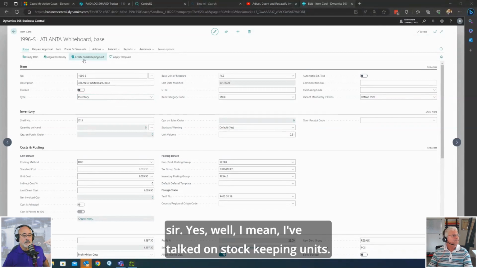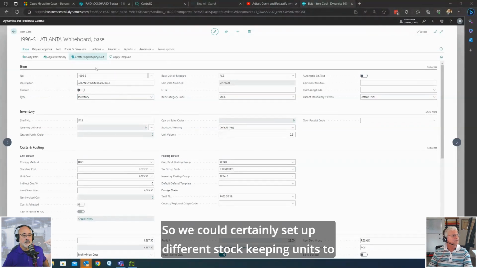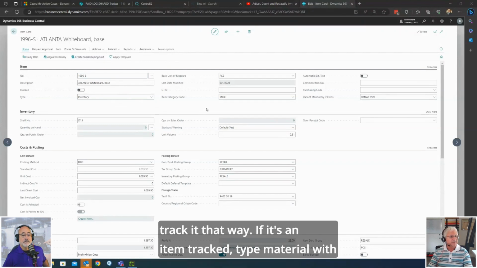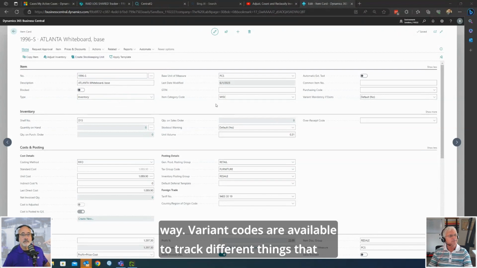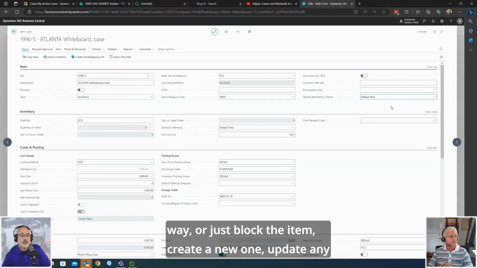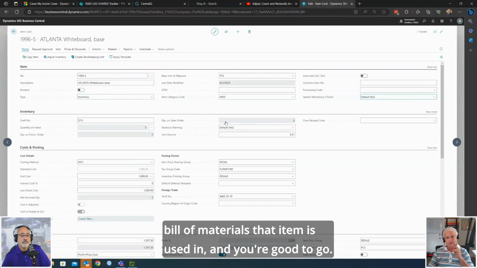Well, I've talked on stock keeping units, so we could certainly set up different stock keeping units to track it that way. If it's an item tracked type material with lot numbers or serial numbers, we could certainly set up a separate numbering system for the revision and track it that way. Variant codes are available to track different things that way, or just block the item, create a new one, update any bill of materials that item